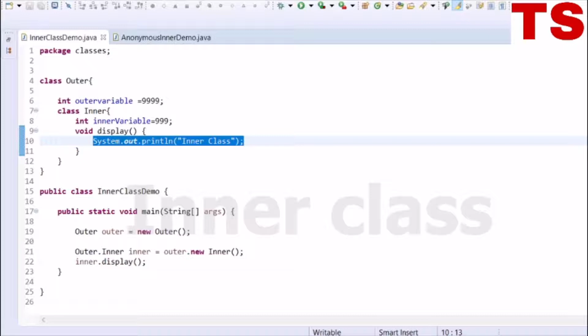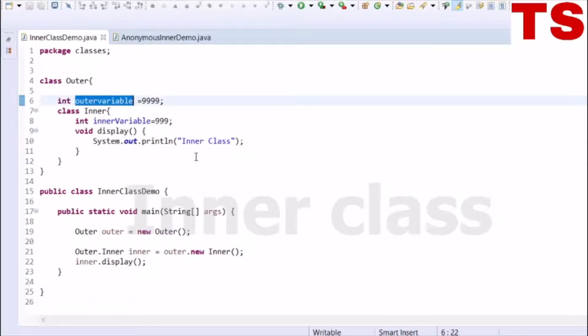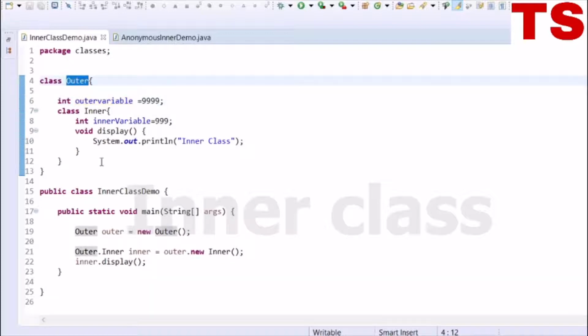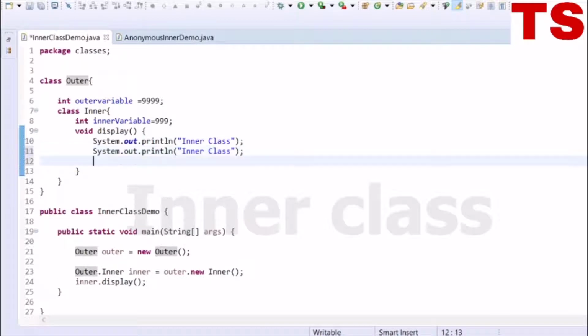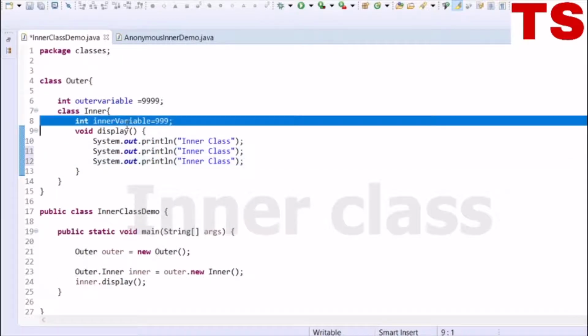We have seen that an inner class has access to all the members of its outer class. Now let's try to access the outer variable, which is the variable of an outer class, inside an inner class. For that, let's display both the variables.